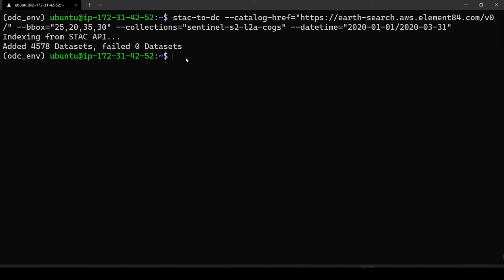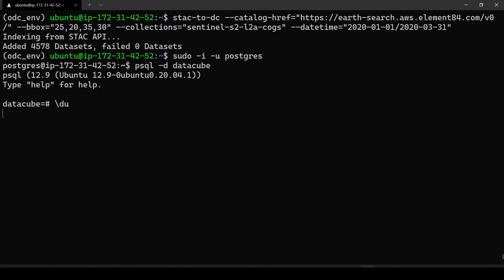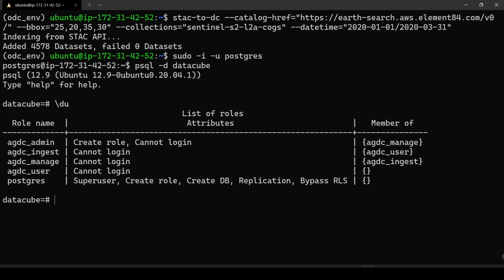If you go ahead and look at the database now, you would have many items inside it. Let us type postgres, psql. You want to go to datacube. If you see, currently these are the roles, and here you won't find any relations because currently it is using the public schema.